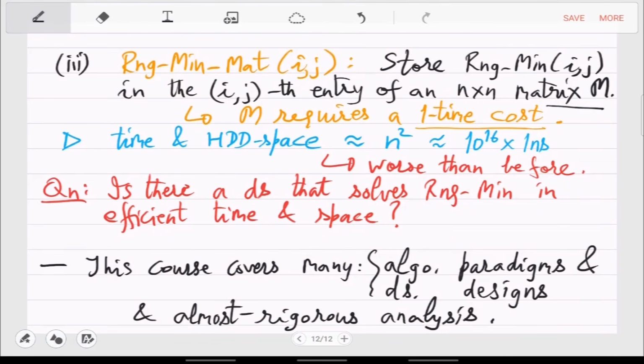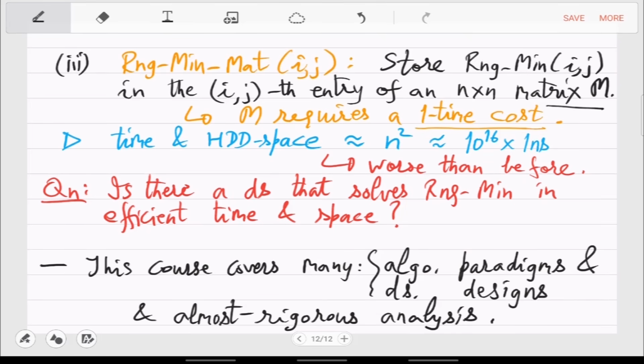Which means that the demand here will be significantly more than ESC 101, for example, because there you were not really expected to give proper proofs of the algorithm, how many steps it takes, or given two algorithms, which is faster and by how much. But here you have to answer all those questions. So there will be almost rigorous analysis. I say almost because it will not be very accurate. I mean, we are not expecting you to analyze each and every line of your C program and say how many seconds it took, because it would be crazy and also impossible to do.